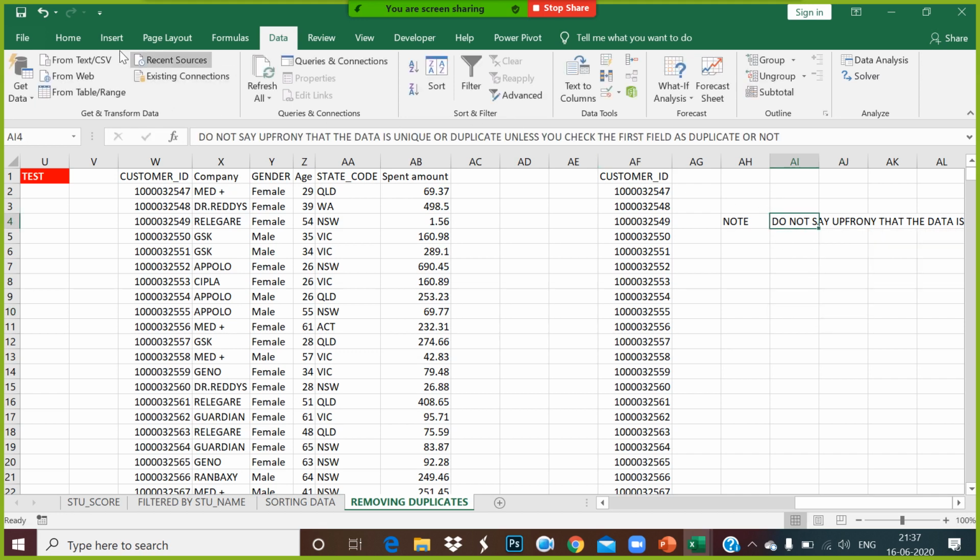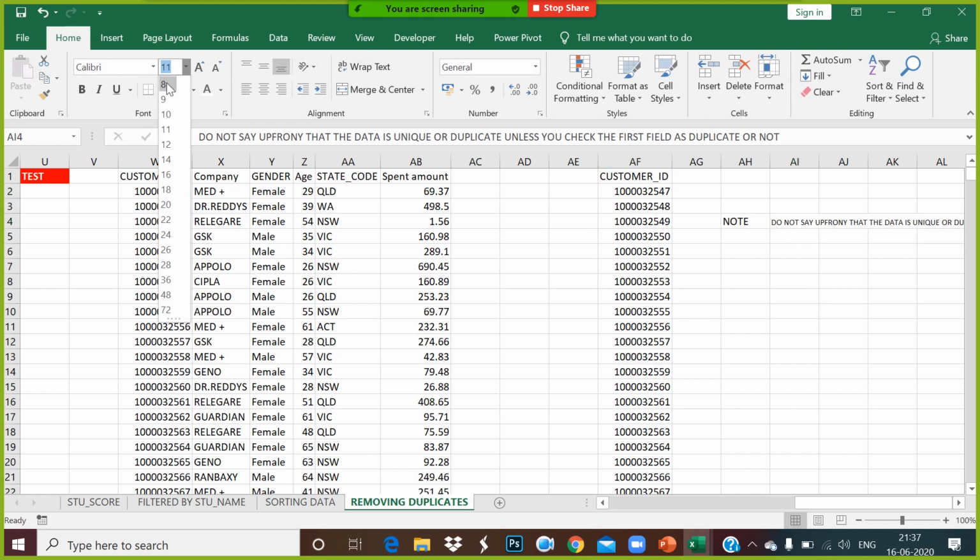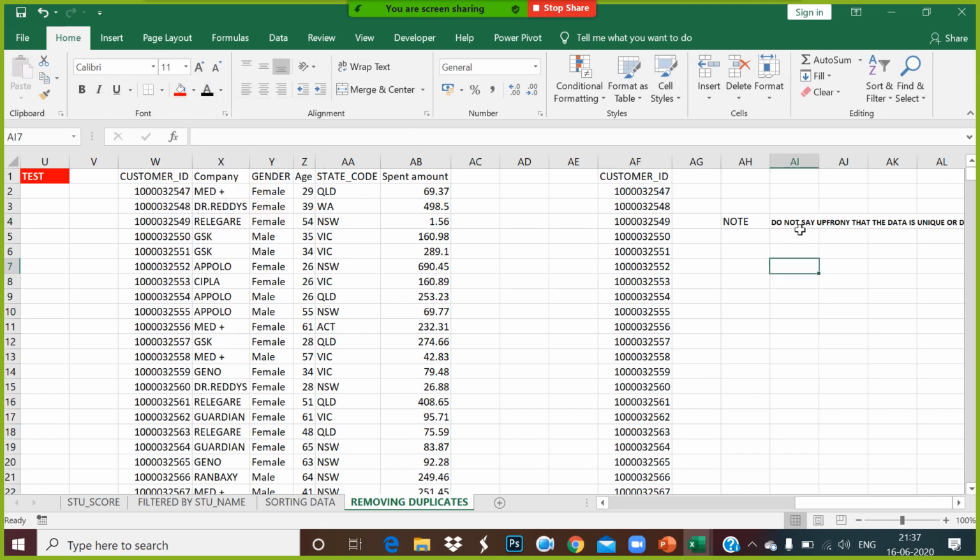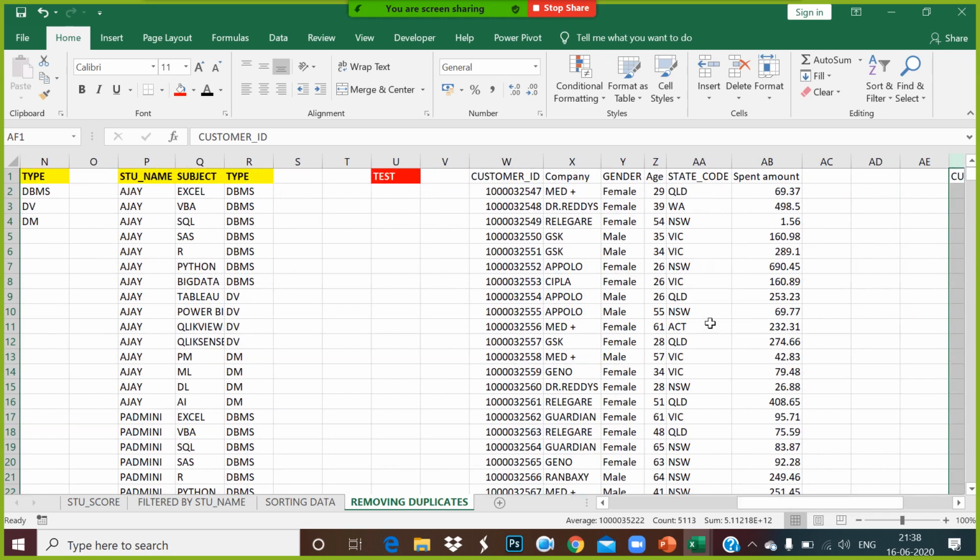You guys have to remember this always. Do not jump to the conclusion saying that there is no duplicate or there is duplicate. You should not say that unless you check the first column of it. Understood, guys? Okay. Now we have finished how to go about removing duplicates.